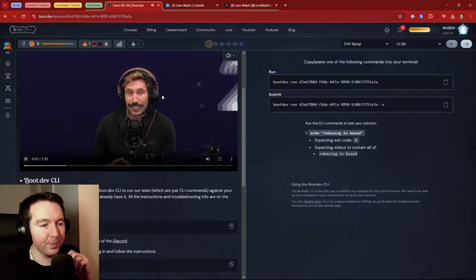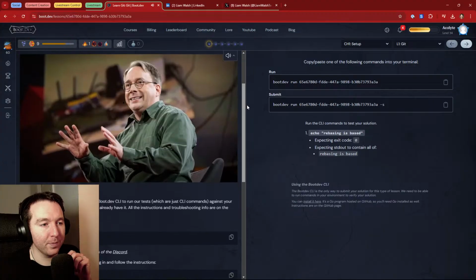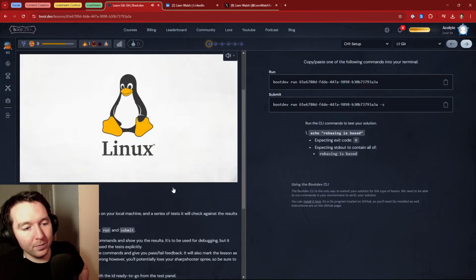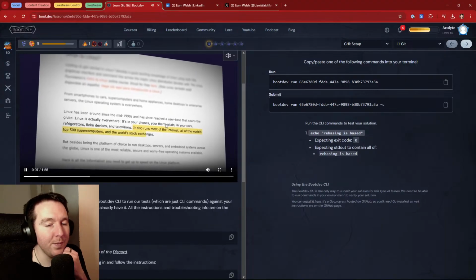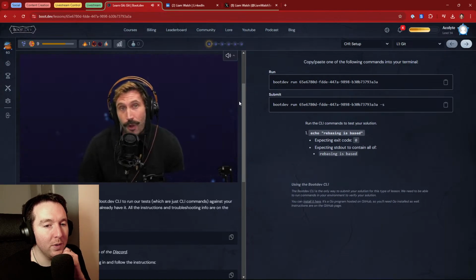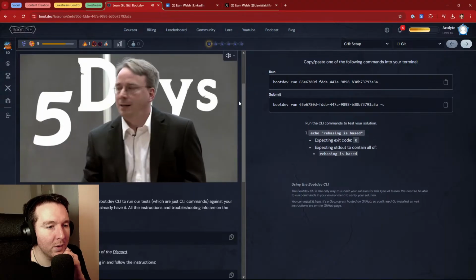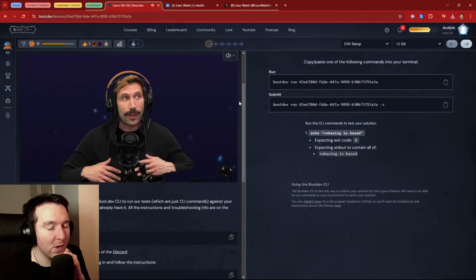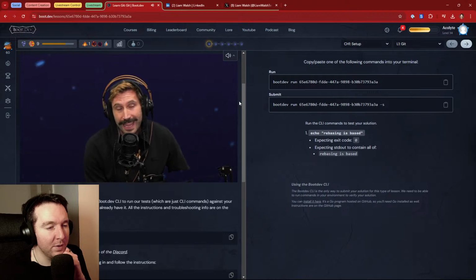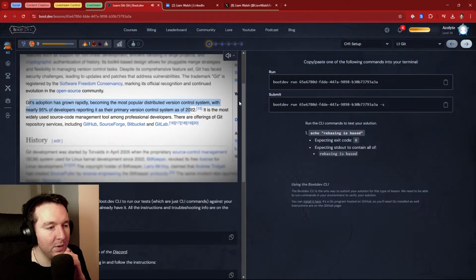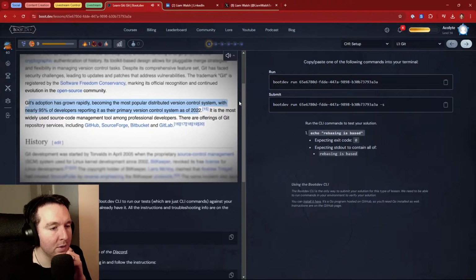In 2005, after license disputes with BitKeeper, Linus Torvalds, creator of Linux, you may have heard of it, sort of runs the web, not a big deal, decides to write his own version control. He wrote Git in 5 days, and within a couple years, it became a widely used version control, and today, it is the de facto standard for all developers.